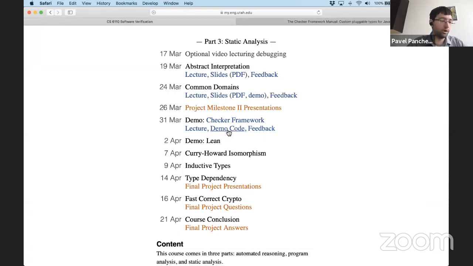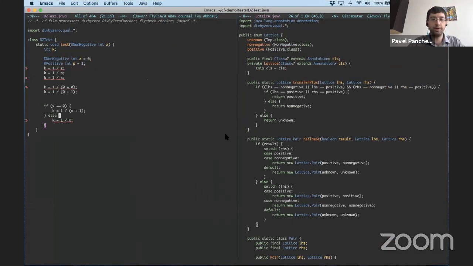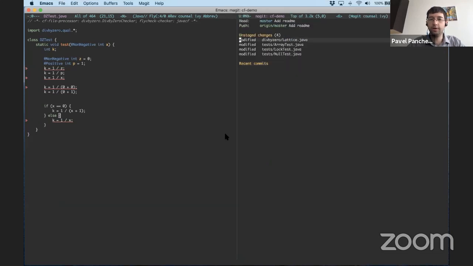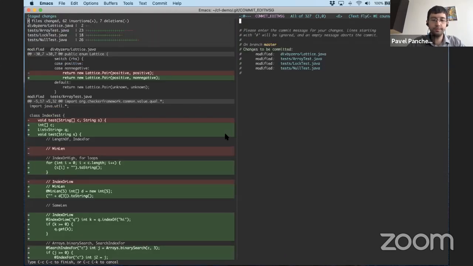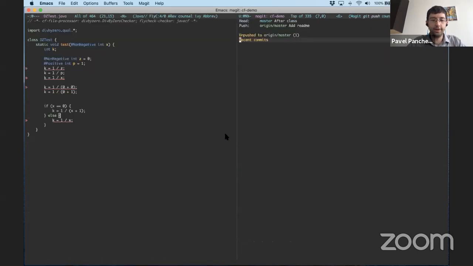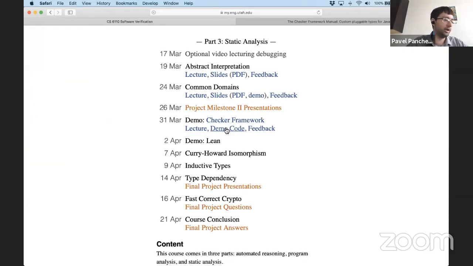I've put the code for all of this on GitHub, and I will commit, actually let me just commit right now so that you know the results of class and you can see the code as it's been edited. So you can click that link on the course webpage to see all of the code that I demonstrated today. That's both the examples of using the different checkers and the checker that I wrote myself. And happy to take any other questions.